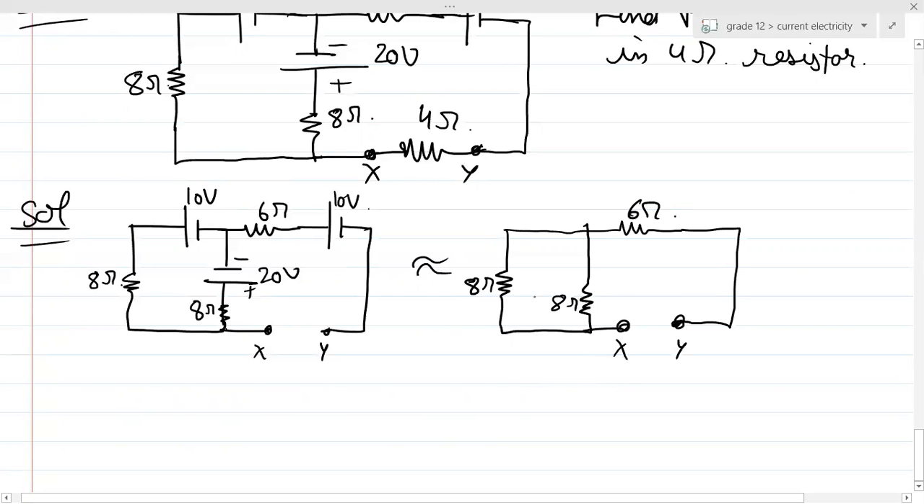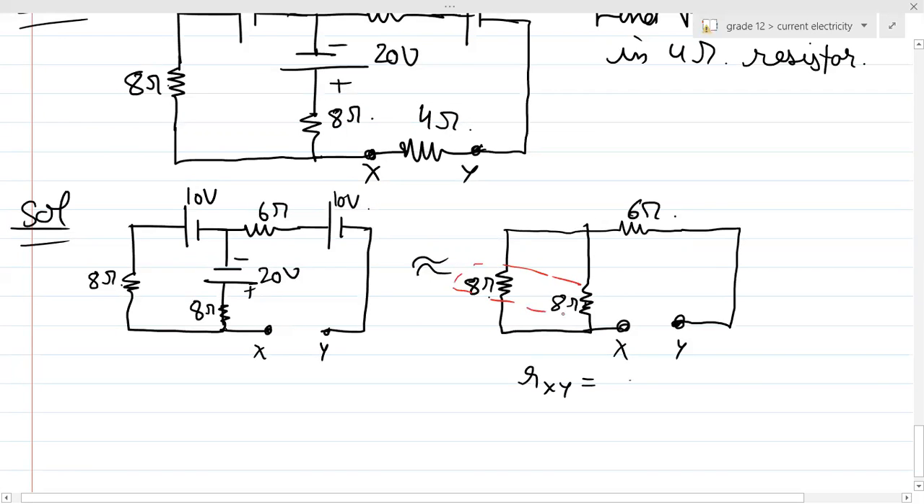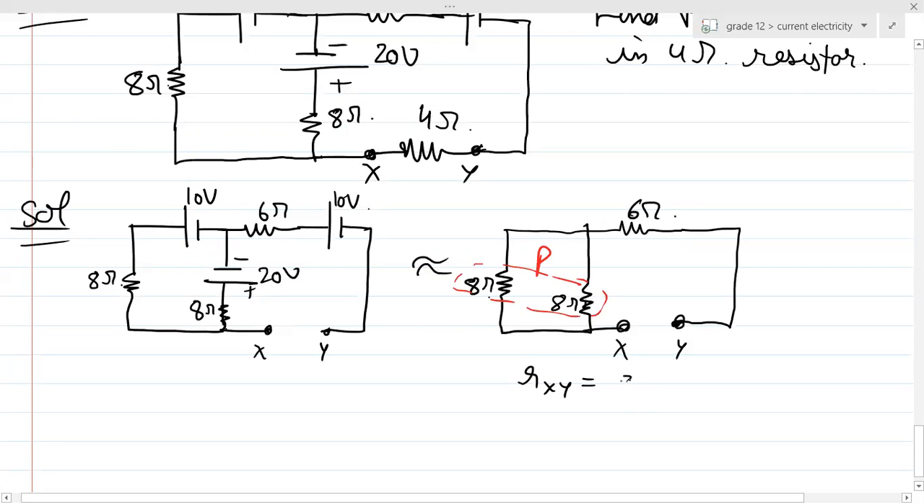This 8 ohm and this 8 ohm are in parallel with each other, and this 6 ohm is in series with that, right? So these are in parallel with each other, and the combination is in series with 6 ohm. So basically, I'll write RXY is basically 8 into 8 upon 8 plus 8, which is 4